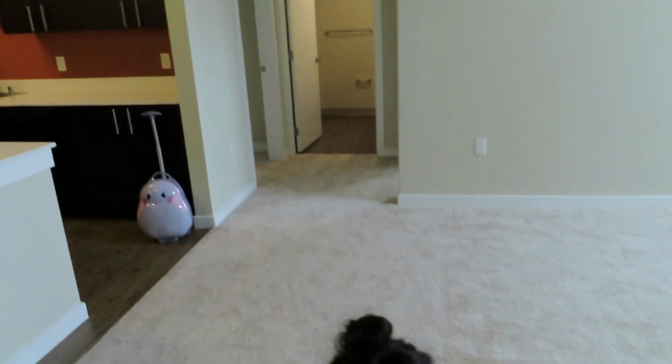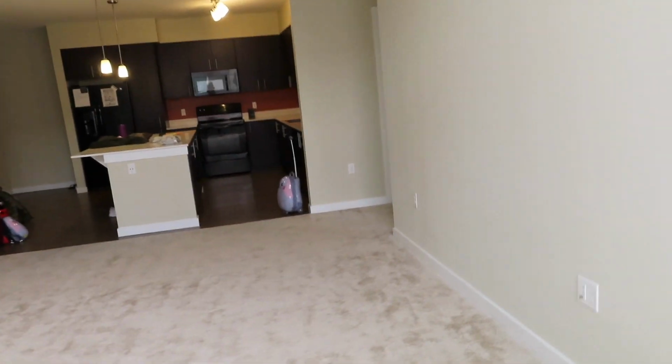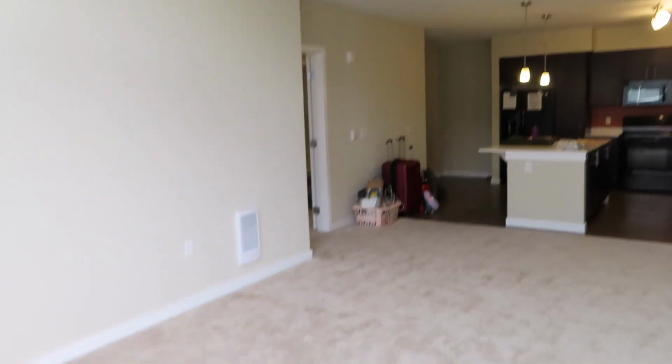So this is our new home for the year. The only thing I have to figure out though is the AC because it's hot. So I've just opened the window right here and the balcony door, and there's just so much natural light in here. I absolutely love it. So much natural light. Like, it's gonna be so good, you guys. Okay guys, so that is our home. We're just gonna unpack some things. Again, our stuff isn't gonna be here until next month, but we do plan on buying some things today, so